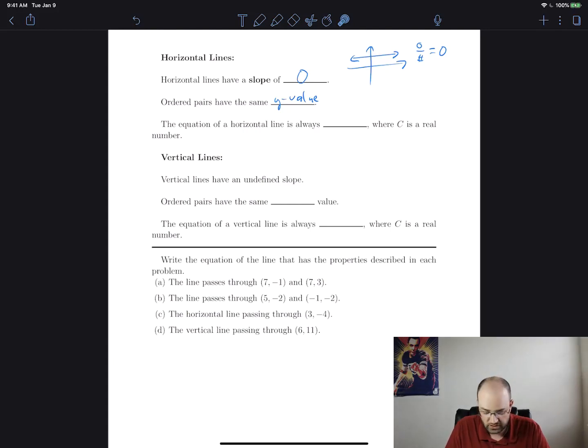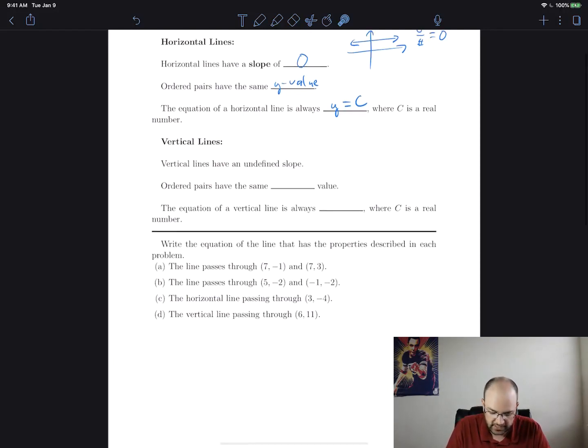And the equation of a horizontal line is always y equals c, where c is some real number. And it's basically whatever that y value is there. That's all it is. As for vertical lines,